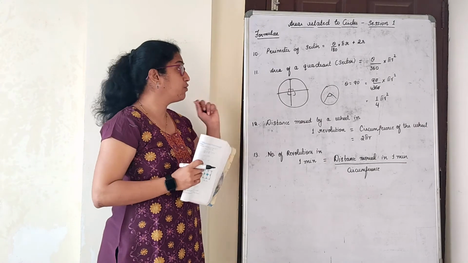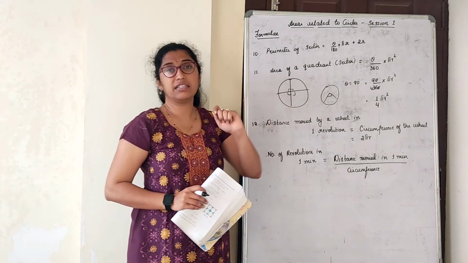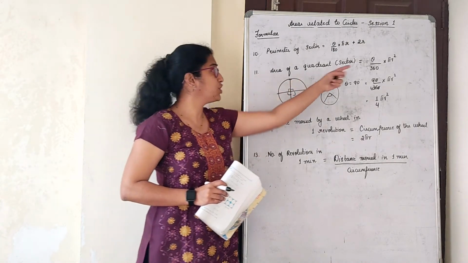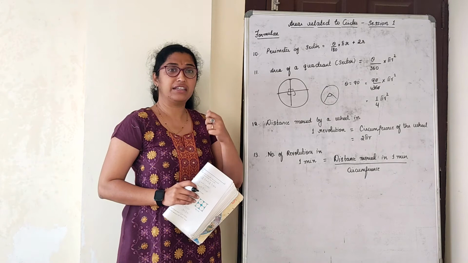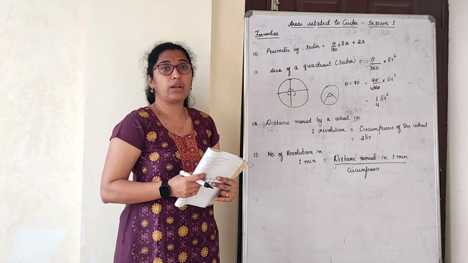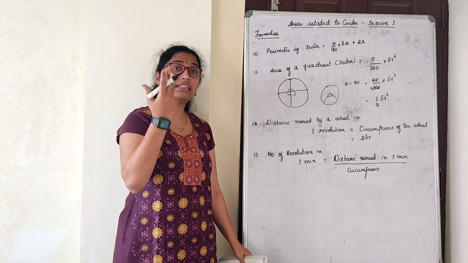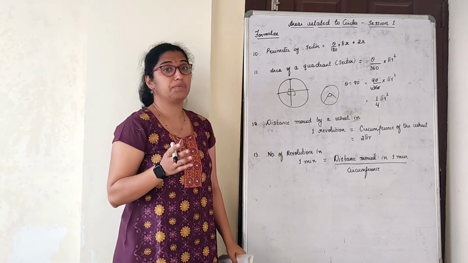One more thing children, what you have to make a note of here is, usually thetas are asked in terms of angles which you can actually divide easily. Say like 30, 45, 60, 90, of course it becomes a quadrant. They don't give you like 72 degree, 39 degree, 27 or 28 degree. Such angles will not be asked.